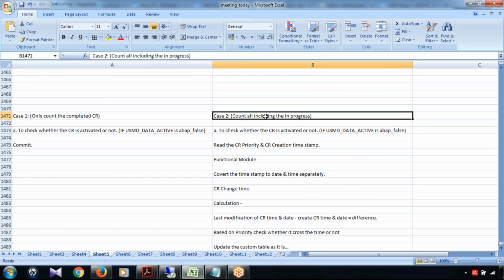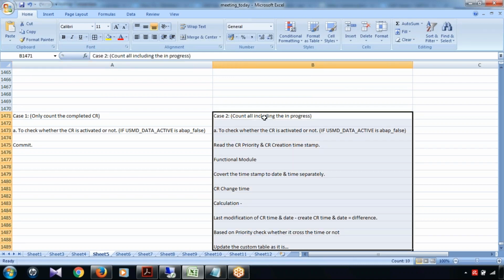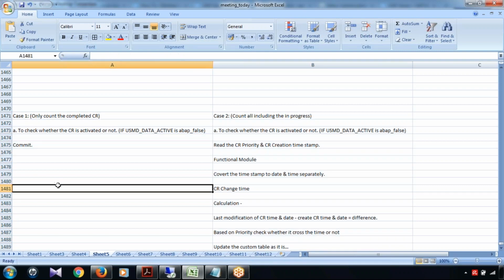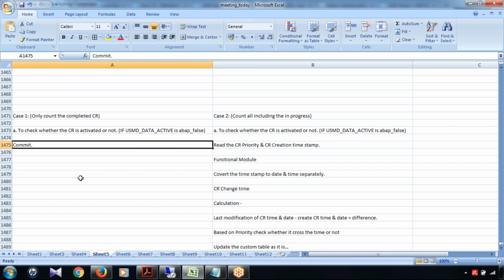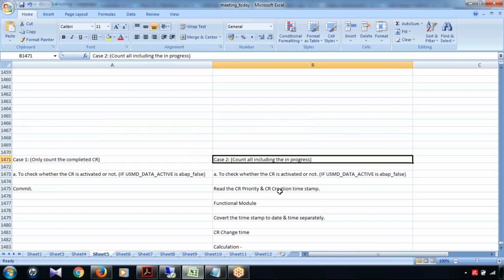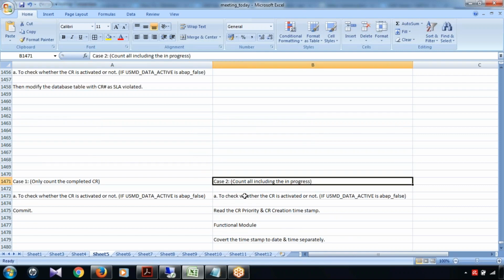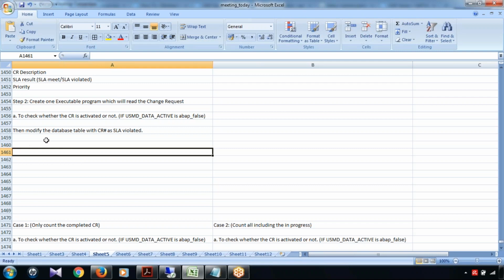This is how we have to do the entire calculation if it is in progress. If it is not at all taken into account, then it will commit directly from it. If it is taken into account, then we have to count in such a way. Now,